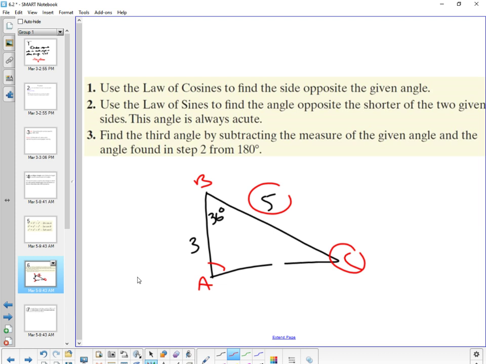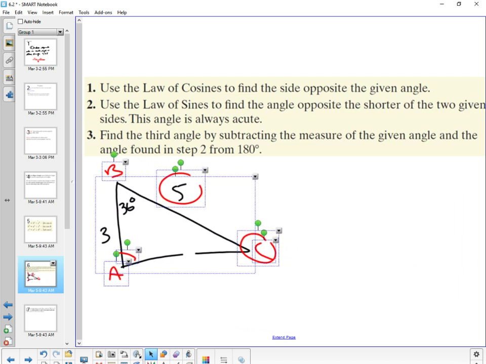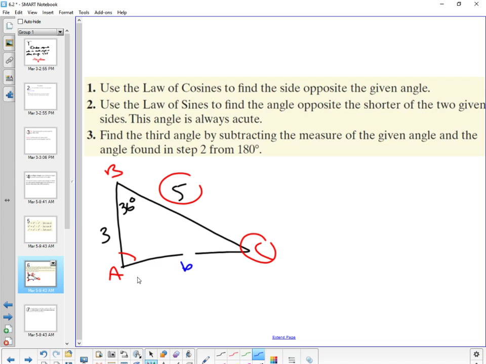Now, this is not an example. I don't know if it's going to work, so we'll do it anyway. If it works, it works, and if it doesn't, then bleh. Now, this is little b technically, correct? That means the version that I'm going to use is little b squared equals a squared plus c squared minus 2ac cosine